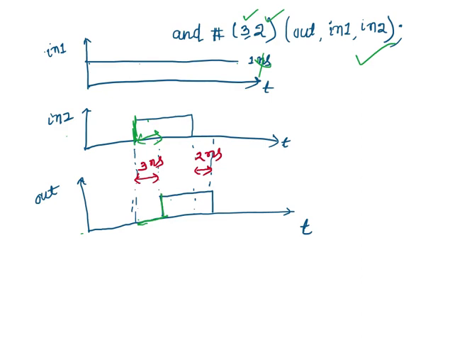1 to 0 transition means 1 into 1, so 1 into 0. So as this is 3 nanosecond, after 3 nanosecond and after 2 nanosecond, so after this one 2 nanosecond, I will get the output. So after 2 nanosecond means, see, this is my 3 nanosecond, and this transition is 2 nanosecond.